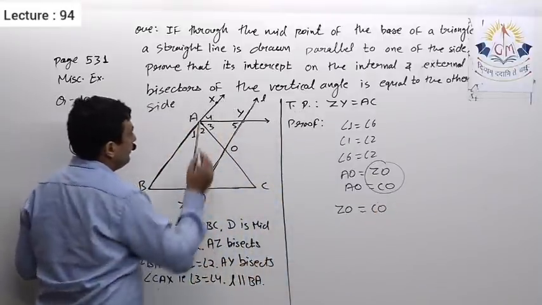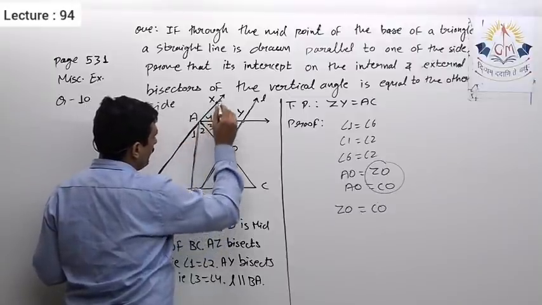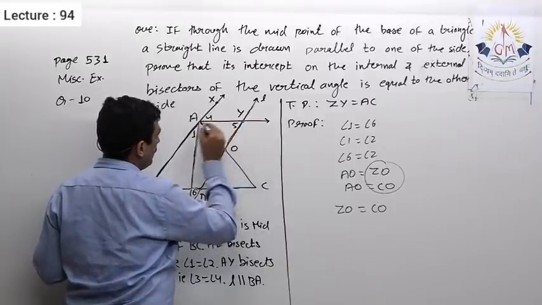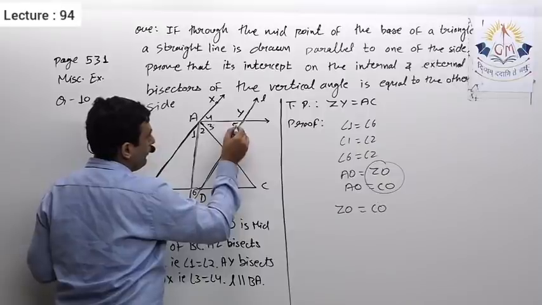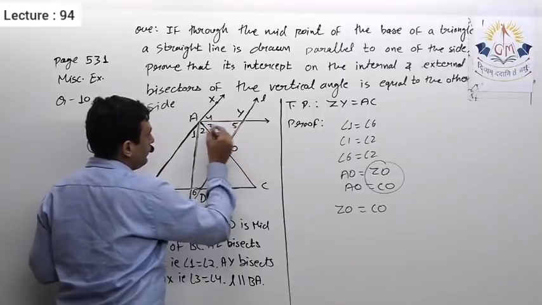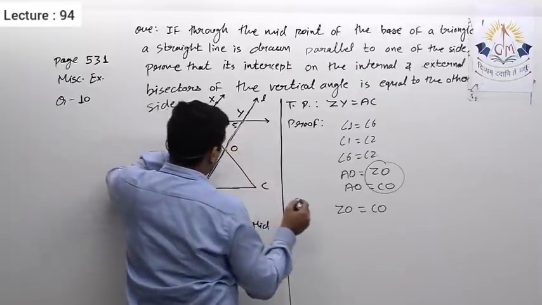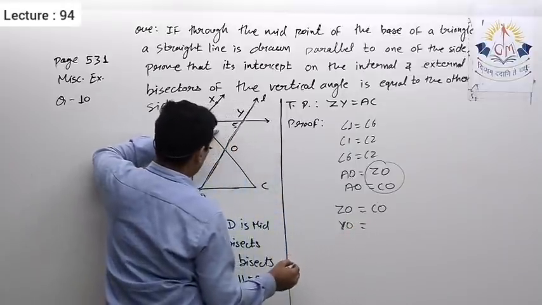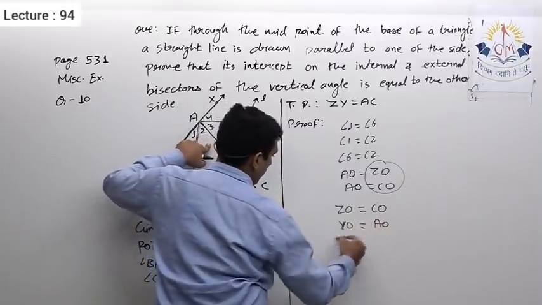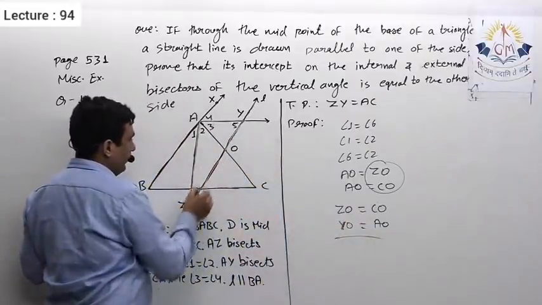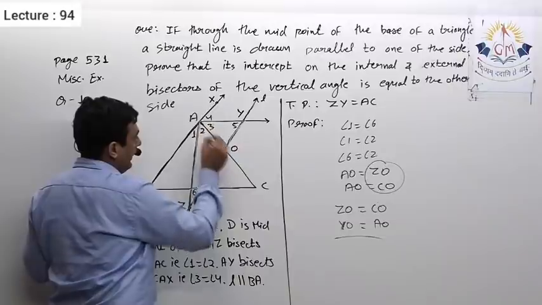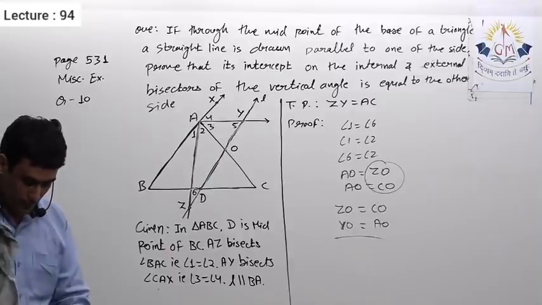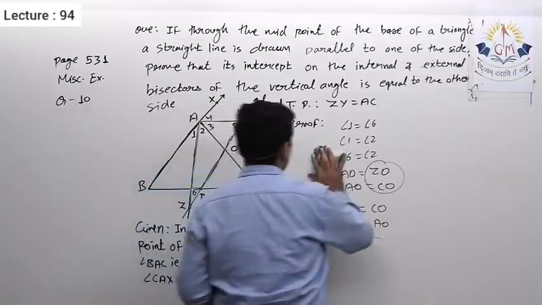Now see here again, it is given that XA is parallel to YO, because these lines are parallel. So angle 4 equal to 5, but 4 equal to 3, so 3 equal to 5. The side opposite to angle 3 is YO, and the side opposite to angle 5 is AO. Now if I add these two, ZO plus YO is equal to ZY, and AO plus CO is equal to AC. In that way I can prove it. So let us see its solution.